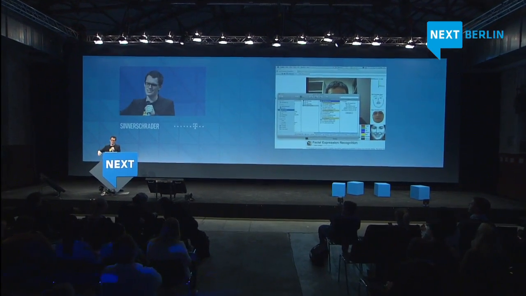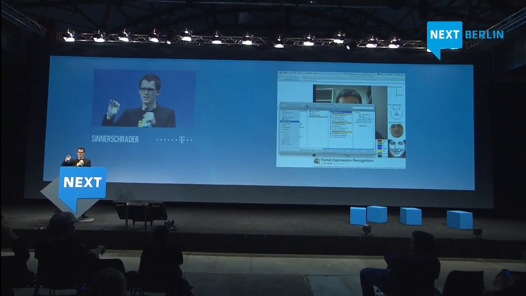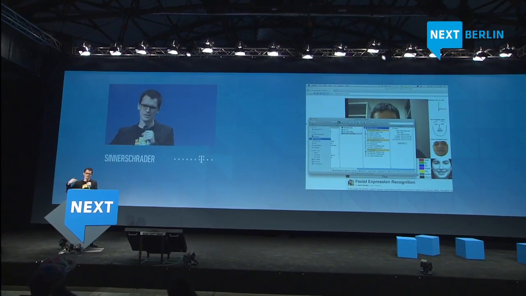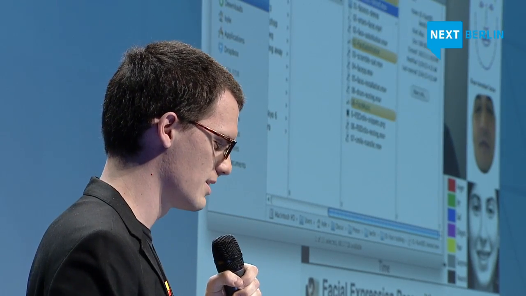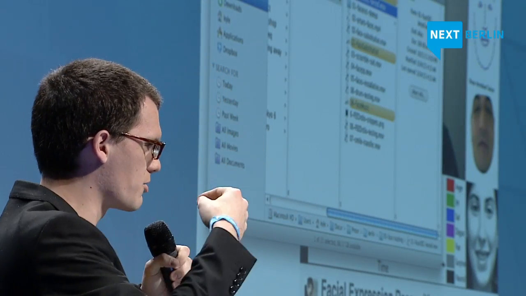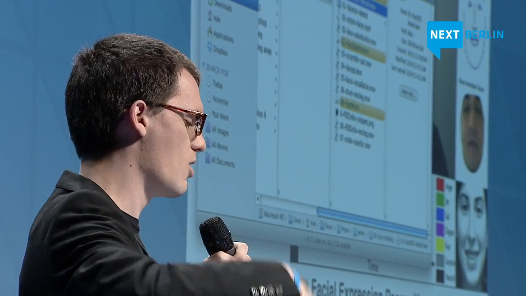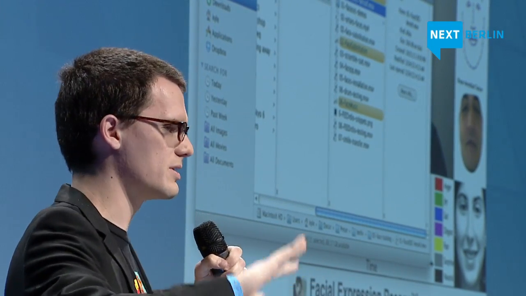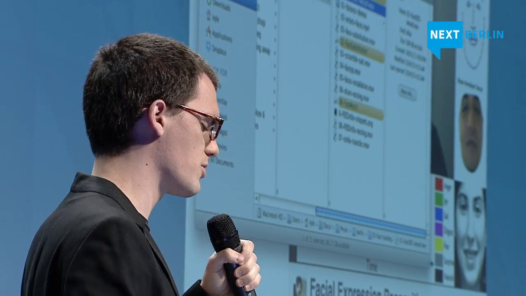As creators, we have to be the ones taking these technologies and imagining what they might mean in our future, rather than accepting a future that's been given to us. So after I made this tool, which is tracking your face, I put it online. It's spitting out some data over the network on your computer, so maybe you can send that data about your